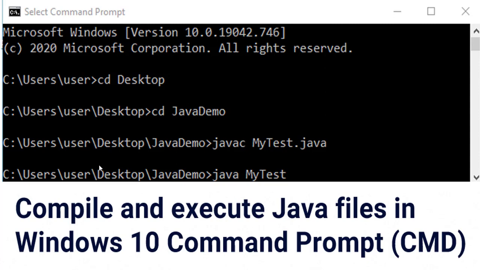IDEs. As a learner, it is very important that you know how to write your Java code without relying on any help, so that you master the code, the syntax very well. It is also a good reason to run it from the command line, even if you are an expert Java programmer, so that you can actually write everything without relying on the autocomplete from the IDEs. These and some other reasons are why you would want to use the CMD on Windows 10 to execute your